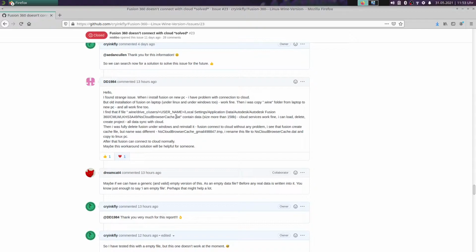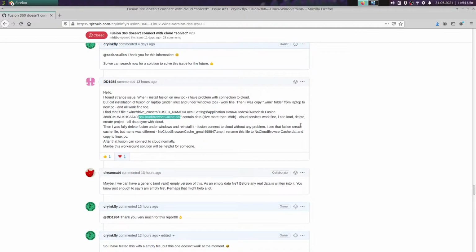This user checked the older version of Autodesk Fusion 360 against the newer version, and found out that this configuration file, NS cloud browser cache point DAT, is corrupted when you install Autodesk Fusion 360